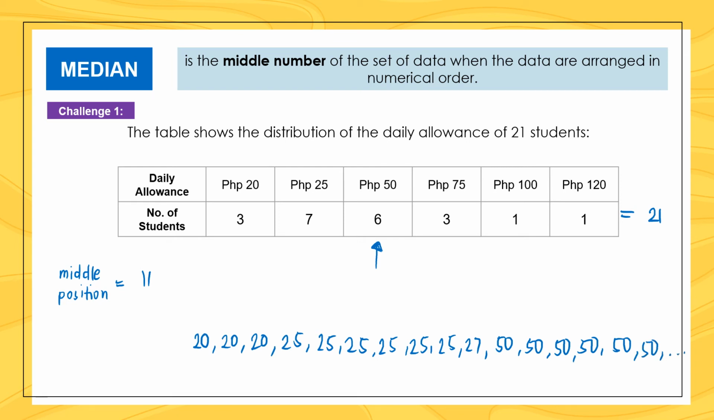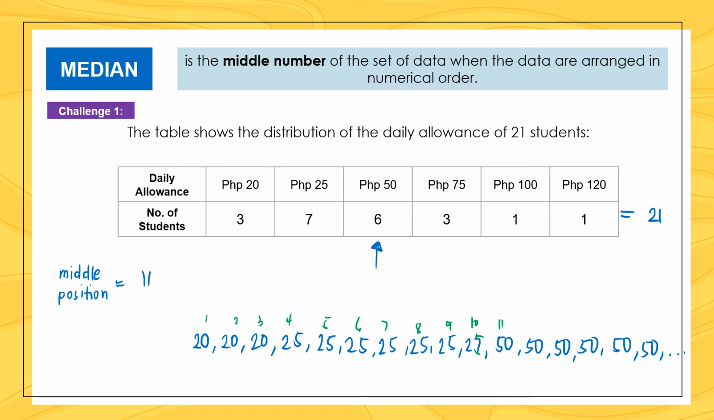I'm not going to continue it anymore, but again, I just want you to see the daily allowance of that student in the 11th position. So let's count 1, 2, 3, 4, 5, 6, 7, 8, 9, 10, and 11. So the allowance of that student in the 11th position is 50. Why is it 27? Make it 25. So that's how we find the median if the data set is